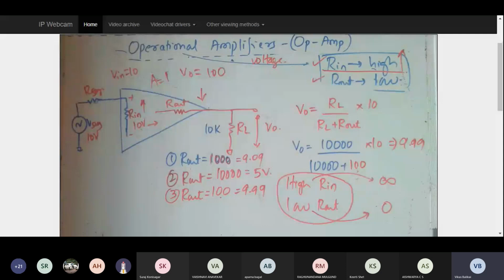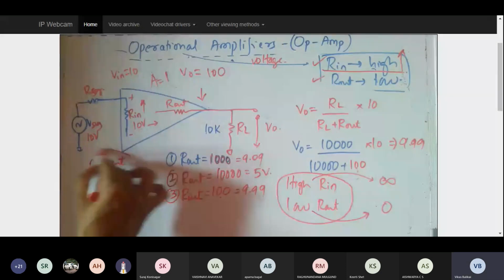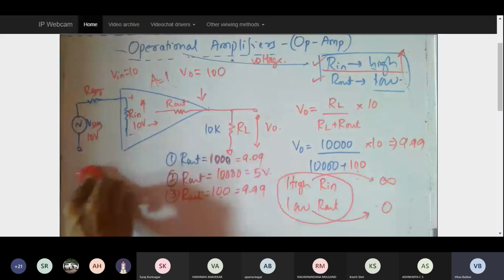And the same analysis will go exactly reverse if I consider a current amplifier. Please remember that. Everything will not be the same. In a current amplifier, this scenario will be exactly reversed. But let us not worry about that, because I'll be dealing only with respect to voltage amplifier in this entire module number 3. This is for your understanding purpose.